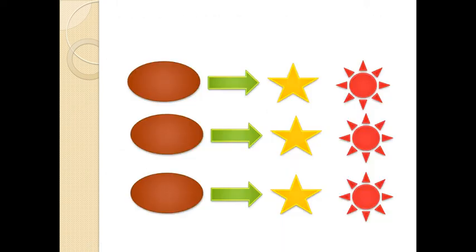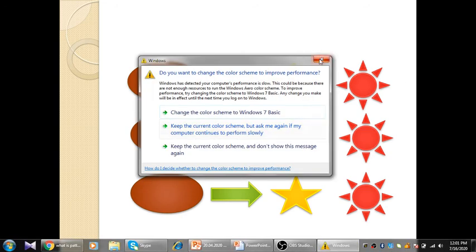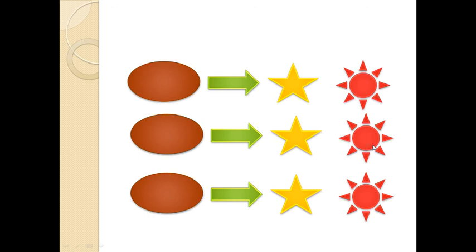Okay, and this is the pattern I made. See, I used oval, arrow, star, and this is the flower, or you can say sun. Then after the sun what comes again? Yes, this is oval, then arrow, then star, then this is the sun. Then again after the sun what comes? Again oval, like this. So it comes out beautiful.